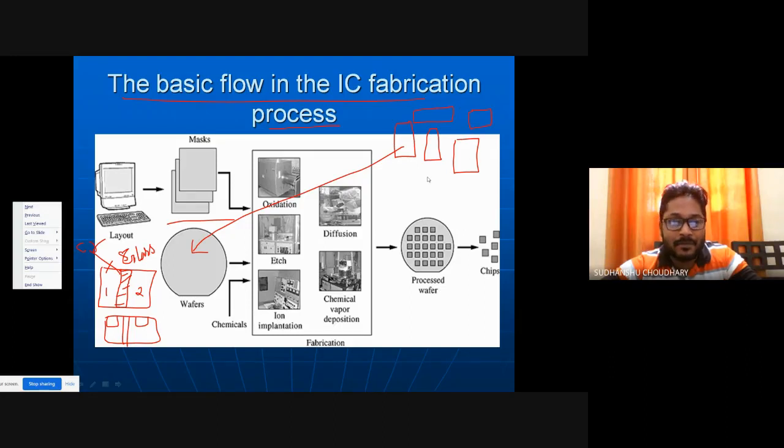So today itself, after maybe 5 or 10 minutes, you will know how to create mask and how to create ICs from the mask.